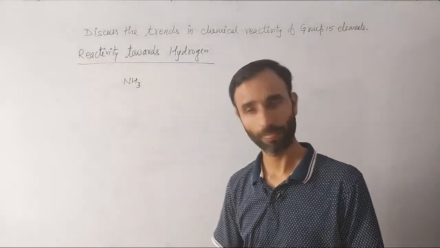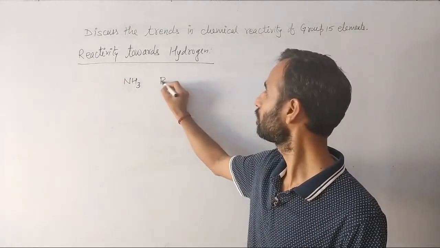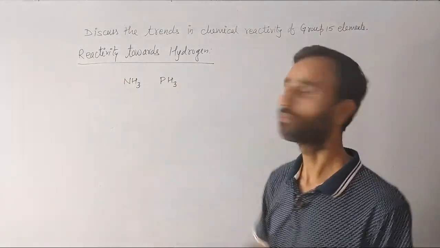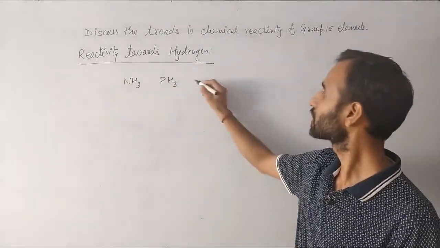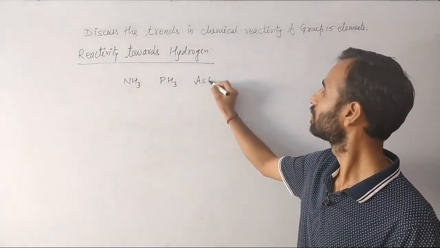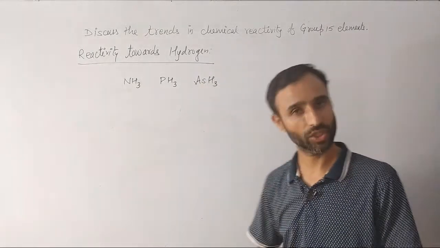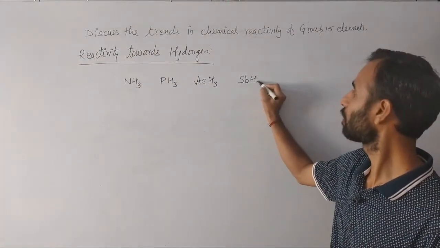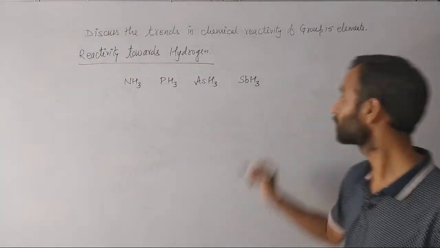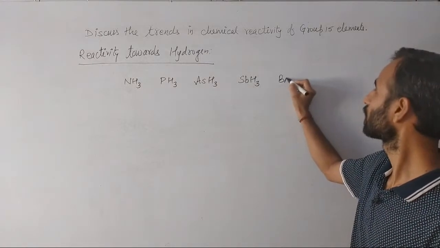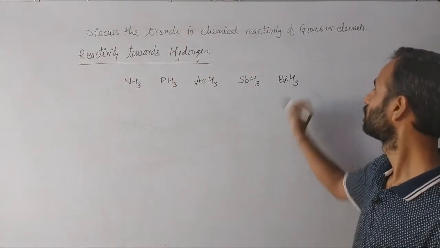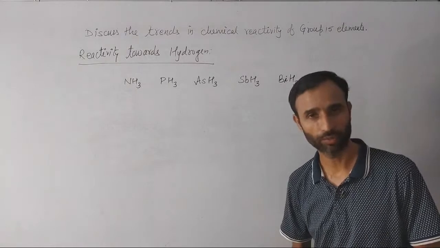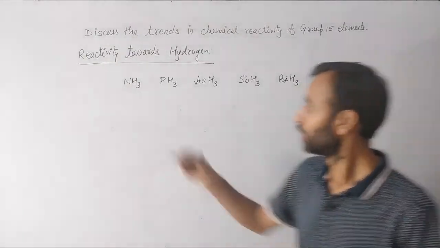NH3, phosphorus can form PH3, arsenic can form AsH3, antimony can form SbH3, and bismuth can form BiH3. So this is called